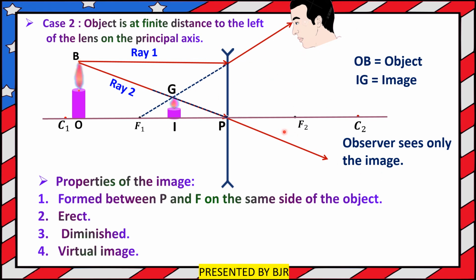So this is all about the ray diagrams related to the concave lens. You try to place the object somewhere here and trace the same rays. You will find the image between P and F only. Okay, you try your own.